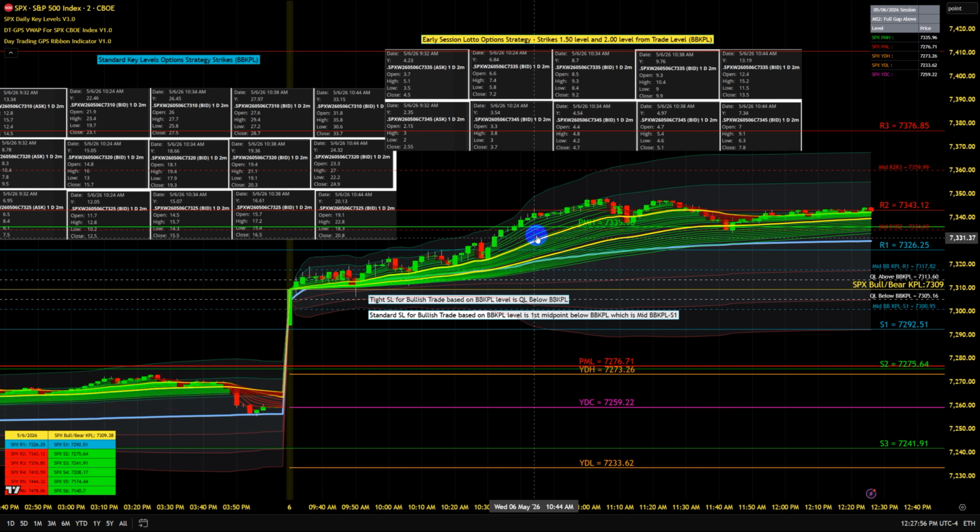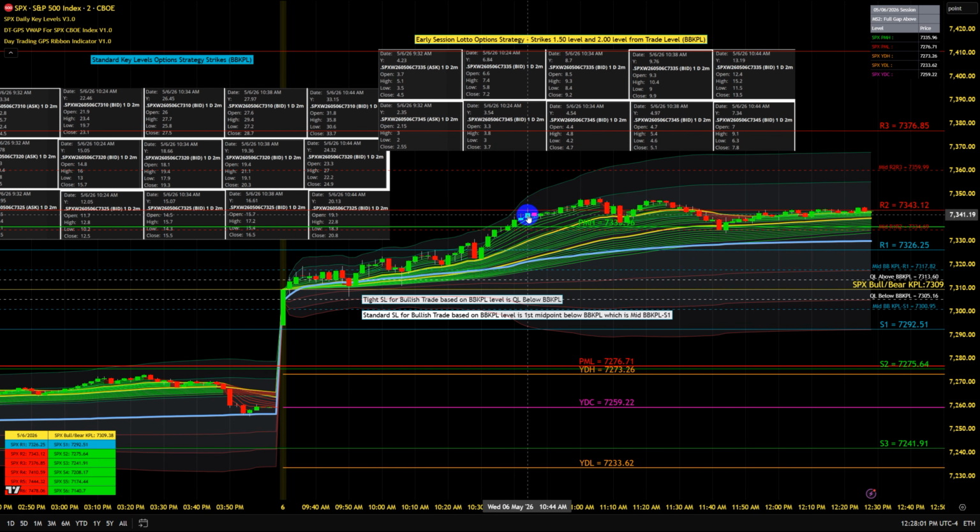Now at 10:44 a.m. on this candle, we do have a hit of the R2 level. That is now the minimum ideal 2-level move in your favor. As we talked about, in 80% of the sessions in a normal volatility environment in a normal year, the two-level extension from the BBKPL in either direction is going to be the extent of most moves that you'll see on SPX. What that actually means is that it's a good time to either be exiting 100% of your position,